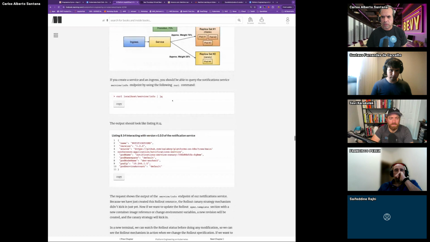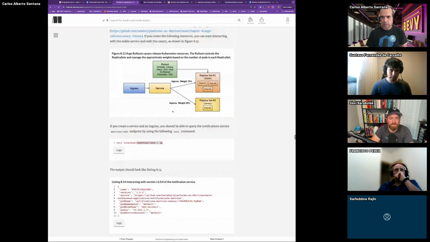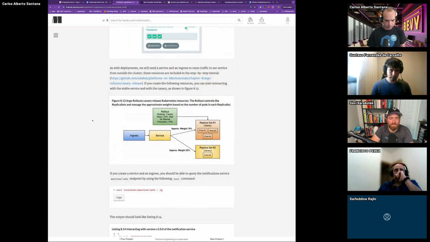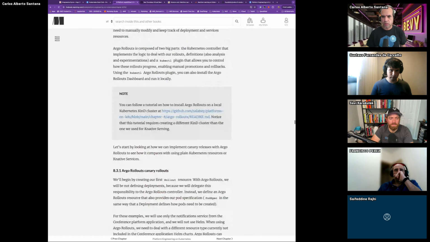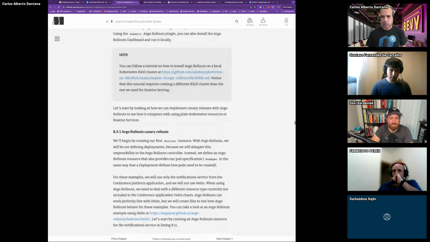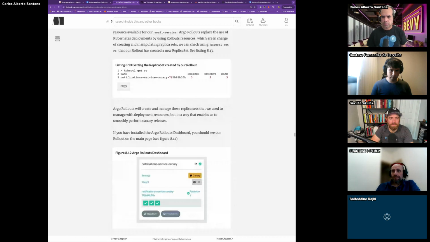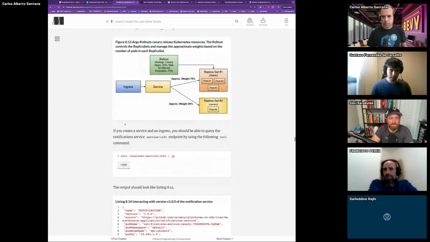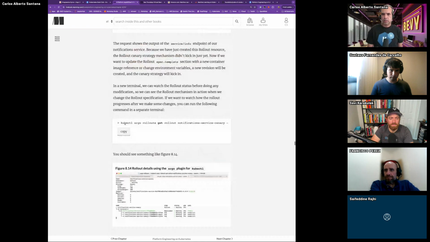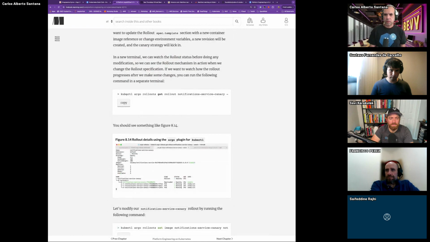So yeah, he's testing the service, and this is a good picture. I don't know if I've seen a picture this good in the Argo places where I was. And you can see here that you can do kubectl argo rollouts get. So Argo Rollouts, I don't have a lot of experience. So if somebody has more experience than me with Argo Rollouts, go ahead and